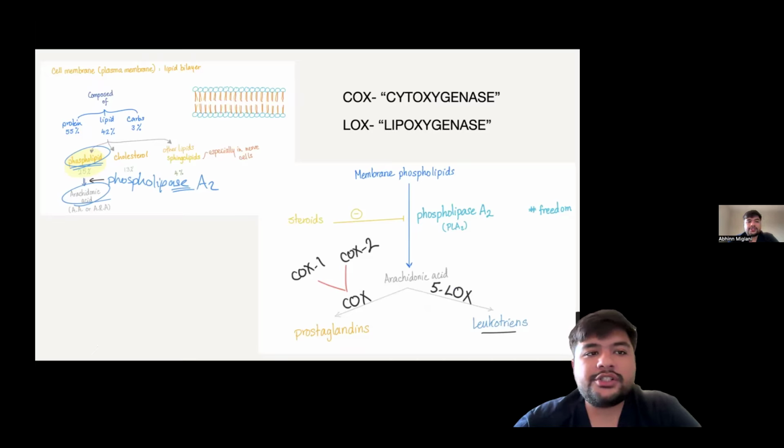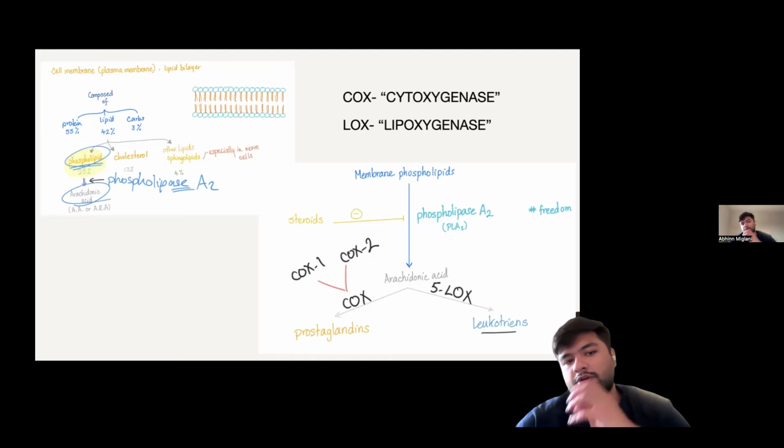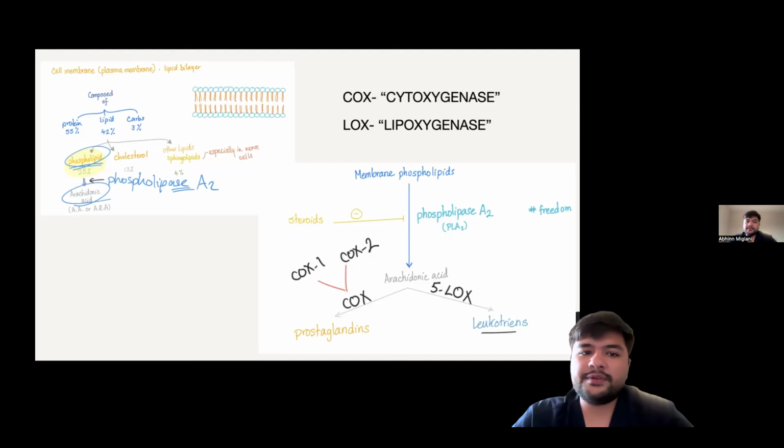Coming to the structure of the plasma membrane, coming back to the physiology we studied in the first and second years of our medical colleges, it is a lipid bilayer. It is composed of proteins, lipids, and carbohydrates: 55% proteins, 42% lipids, 3% carbohydrates. Out of these lipids, we have phospholipids, cholesterol, and other lipids such as sphingolipids, which are commonly seen in nerve cells. The main consideration in the pain mechanism will be the phospholipids, because